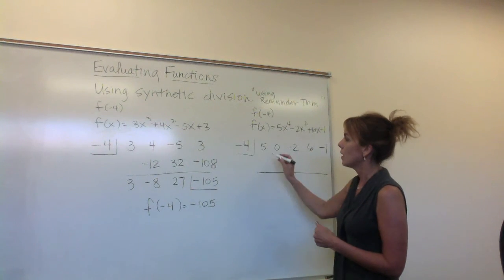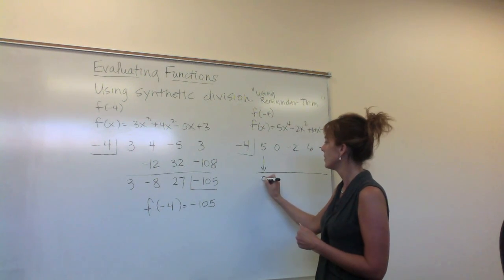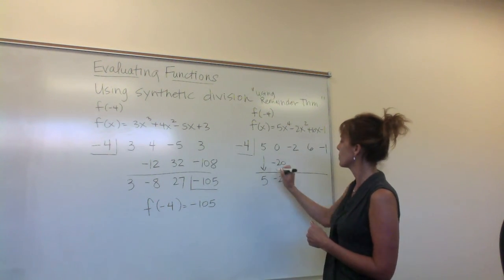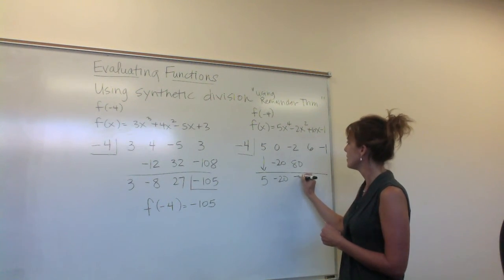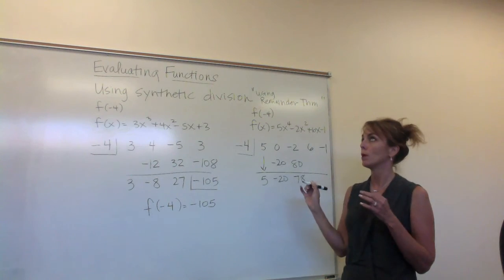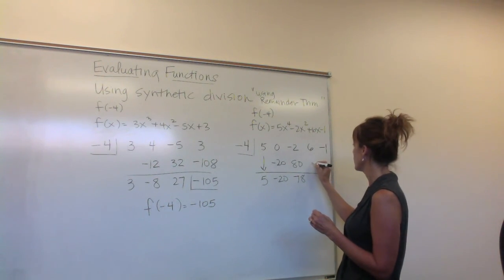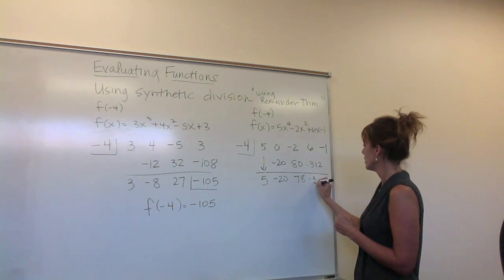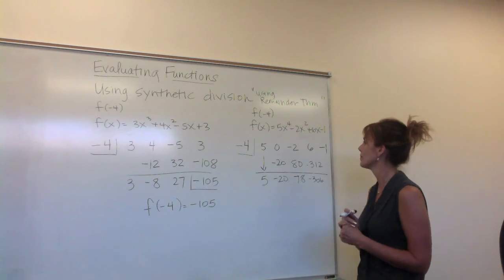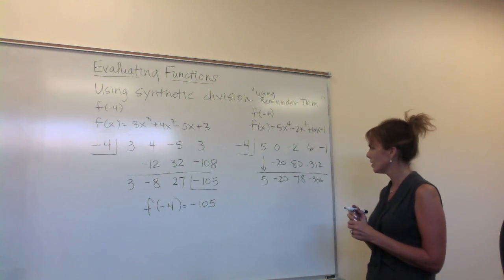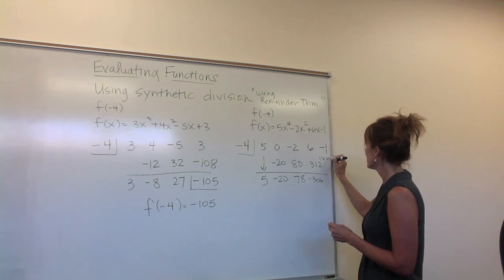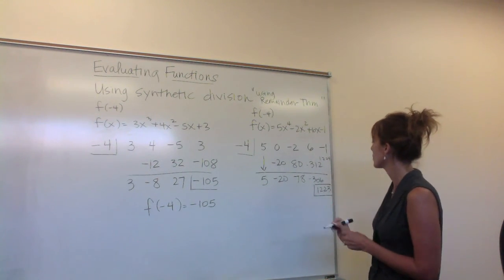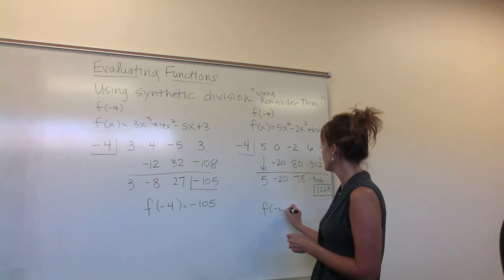Okay. So, again, drop the 5, right? Multiply, add, multiply, add, multiply, 156, 312. Okay, and add. Oh my gosh. And multiply, so let's see. 1224. Okay, so 1223 is my answer there. That's my remainder. So f of -4 here is